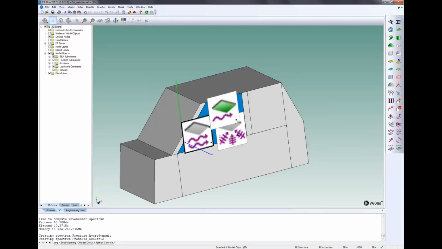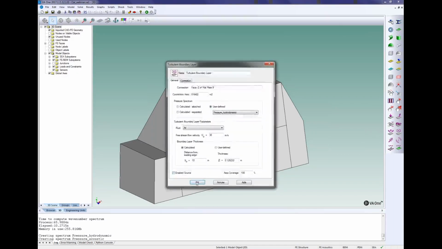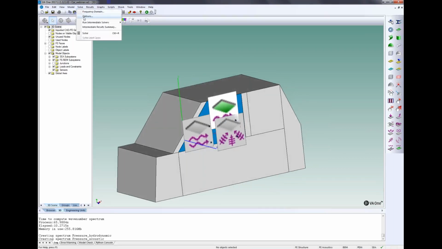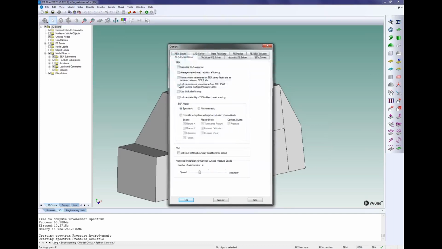I will start by using only the general surface pressure. I also have an option to include the mass flow transmission, which is the non-resonant part of the transmission through a plate from an acoustic load.